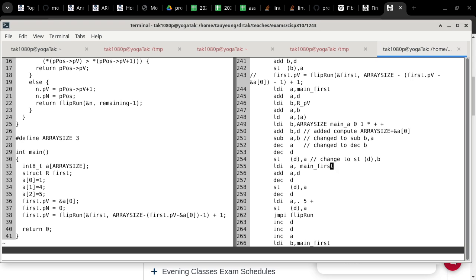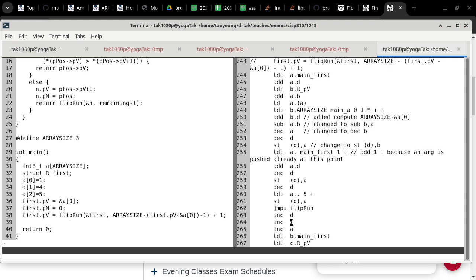But at this point, once again, we have one extra item on the stack. So that means, in order to compute the address of first, we have to add 1 to the offset. So now we have to do a 1 plus, and add 1 plus because an argument is pushed already at this point. Get to the address, push the address on the stack, and then we push the return address on the stack,